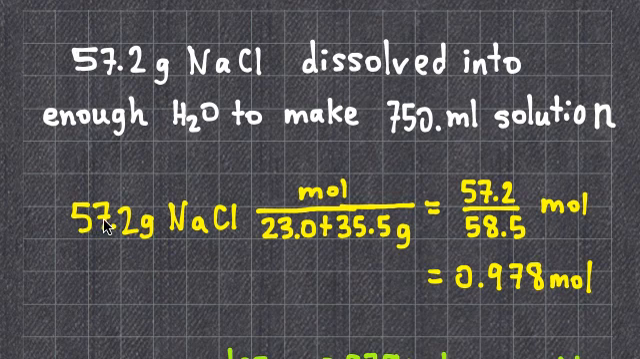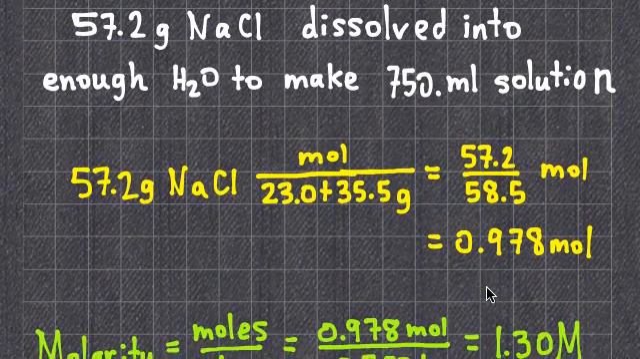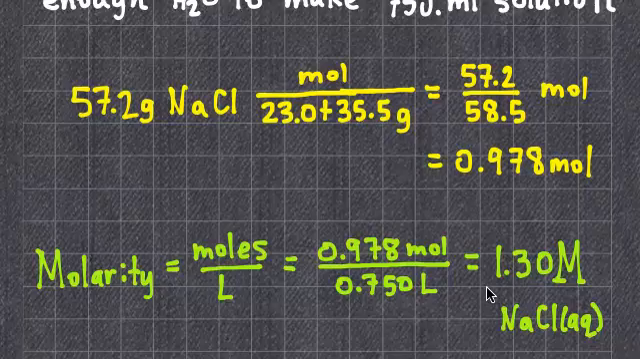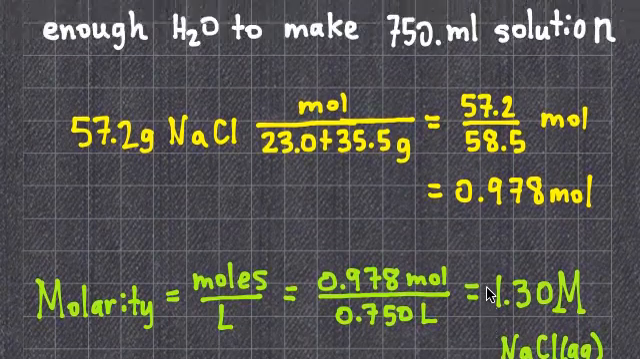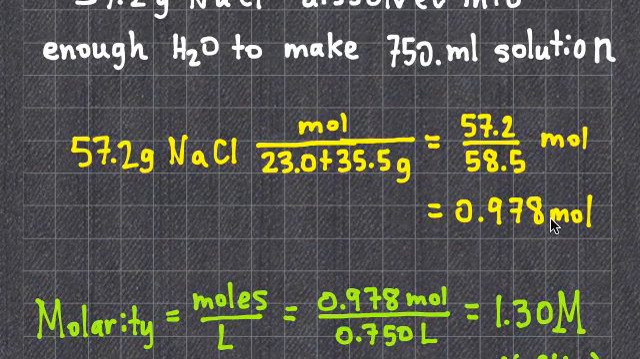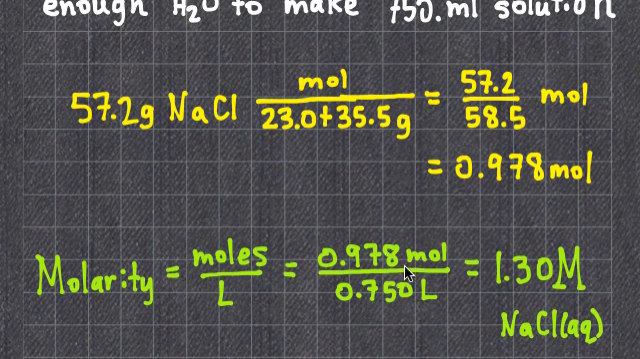So I do the conversion: 57.2 grams, 23 grams per mole for sodium, 35.5 grams per mole for chlorine, and this denominator is 58.5, and I would take the 57.2 divided by 58.5. The moles in that case came out to 0.978. Then you just divide by the total liters. Since this was in moles, I should have this in liters, so I took this 750 milliliters and moved the decimal 3 places left. So moles per liter is molarity, and when I do that little division,